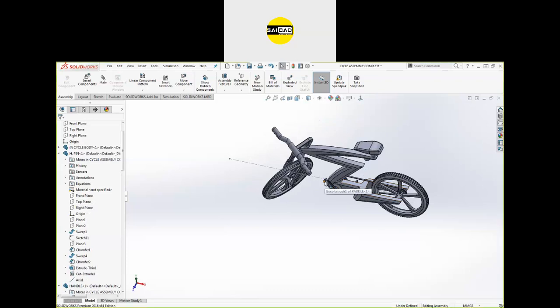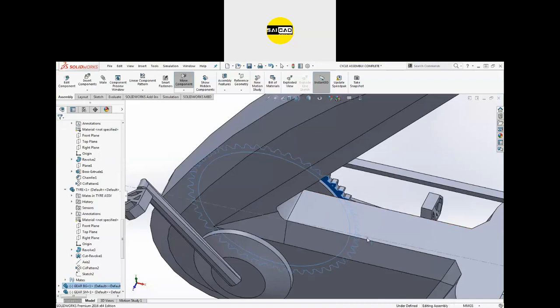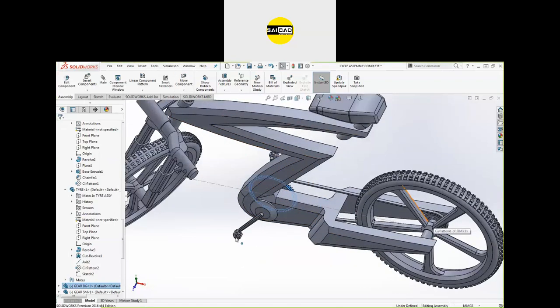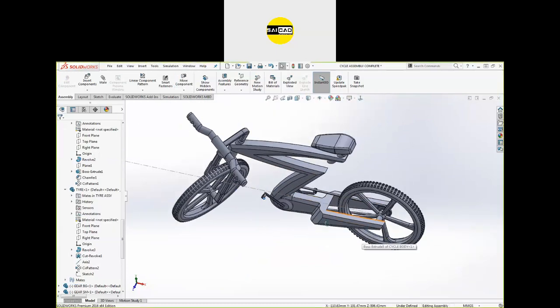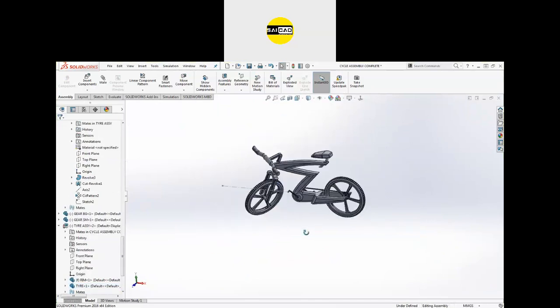You can see if I rotate this, the tire will also rotate according to the gear motion that is provided here. You can see we have a pulley here, a gear here, and a gear here. If I rotate one, the object will be rotated according to that. Okay, this is a freely rotating tire, because we know that when we rotate this one, we create a push, and that will move this one on.